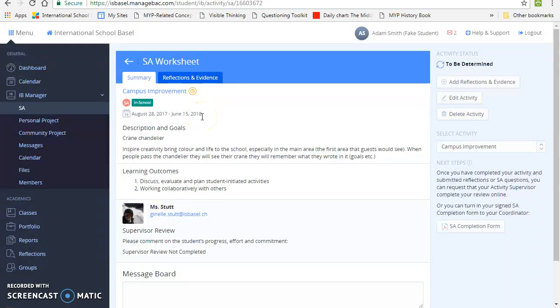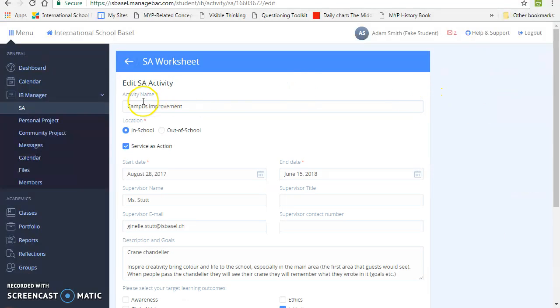They're trying to find ways to improve our campus, and one group's creating an idea for a chandelier that would go in the lobby. And so basically, when you do this for the first time, you want to open the activity and you want to title it. You want to show that it's going for the whole year, and you need to make sure that the supervisor